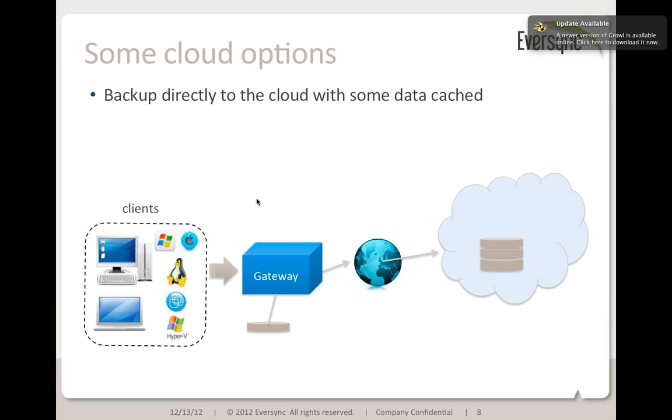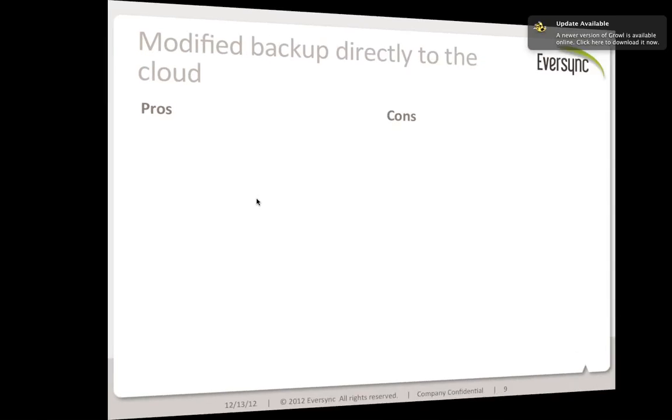And the first most obvious one would be, well, let's put a gateway between my clients and the internet. And that gateway can create a buffer. And that buffer can be used to make it look like my backup speed is faster, even though the internet is slow. It also could allow me to restore some things faster by caching. So usually we would put a cloud gateway in place, and that cloud gateway would have some capability for caching. And it may also do things like encrypt the data. So that sounds like a good choice.